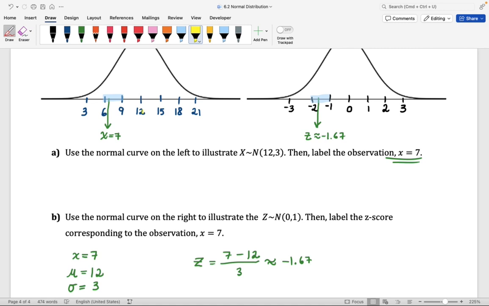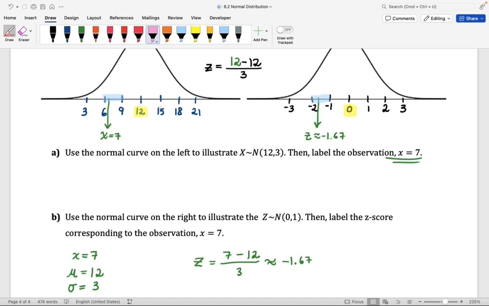Now, would you be able to guess what the Z-score for X equal to 12 is? What would happen if you calculate the Z-score for 12? You can go ahead and do it here. The Z-score is always going to be equal to your observation minus the mean, which is 12, divided by sigma, which is 3. And so if you're talking about your X value being equal to 12, what's going to be your Z-score equal to? You're going to have 12 minus 12, which is 0, divided by 3, which is 0. The X value equal to 12 corresponds to the Z-score equal to 0.